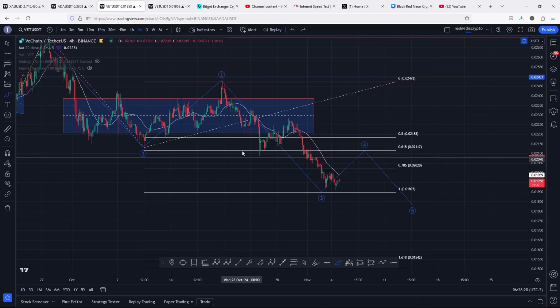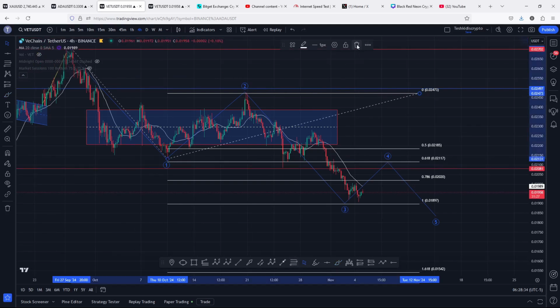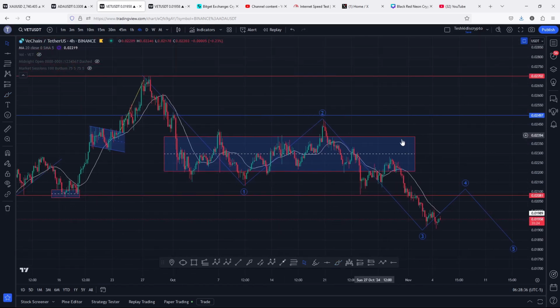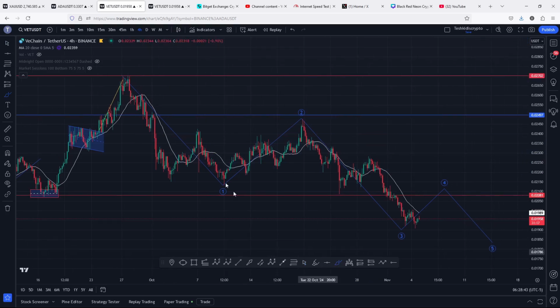Getting back to the charts, I want to start the video by first giving you a recap of this Elliott structure that I have here on the charts, which started to play out from the highs that we made above the 0.027, where you can see that we started a bit of a breakdown move, giving us the low for this Elliott count 1. Then we saw a bit of a short-term bounce in an Elliott count 2. And after we got our high in that Elliott count 2, I was expecting that we are going to see an impulsive movement to the lower side in an Elliott count 3,